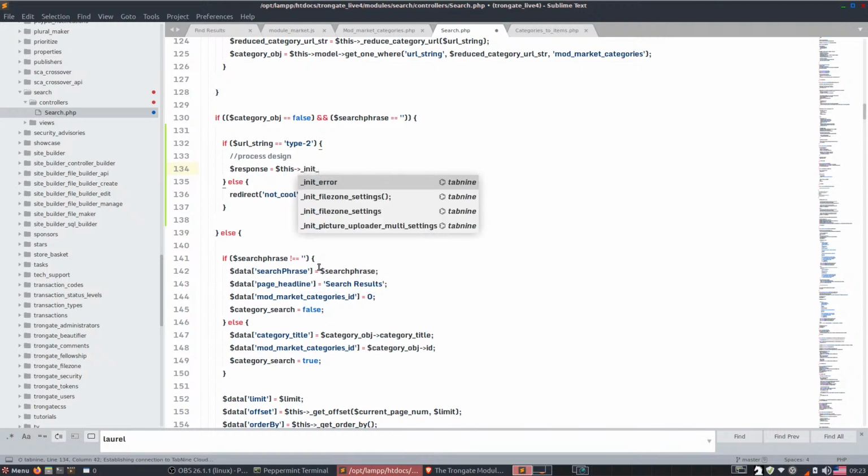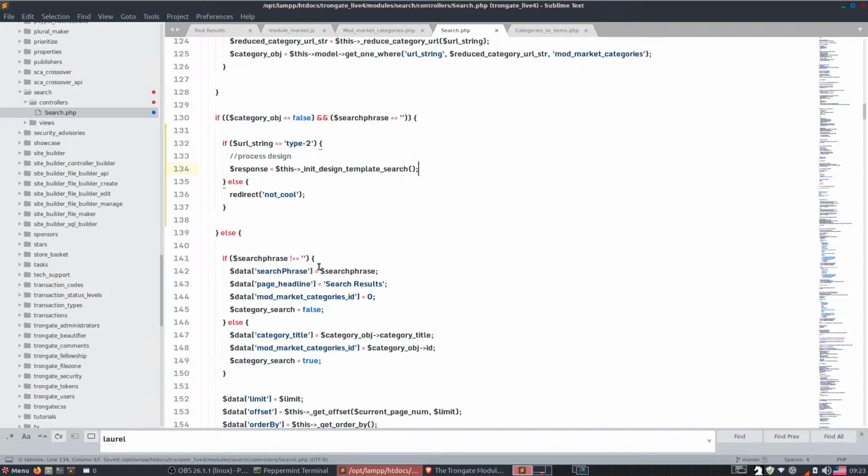I'll just say init design template search, and